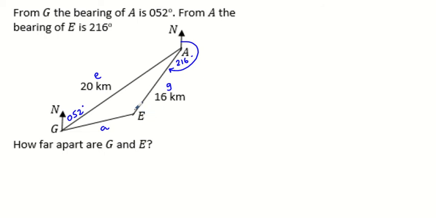Okay, now the question wants me to find how far apart are G and E. So G to E, let's put a question mark here. Okay, so I'll need a little bit more information to find a. So let's find out what I actually need. To find this length, I need to use a squared equals, now it's the other two lengths, so e squared plus g squared